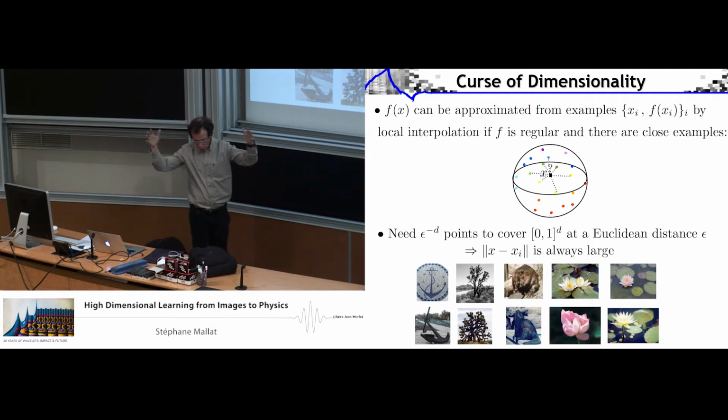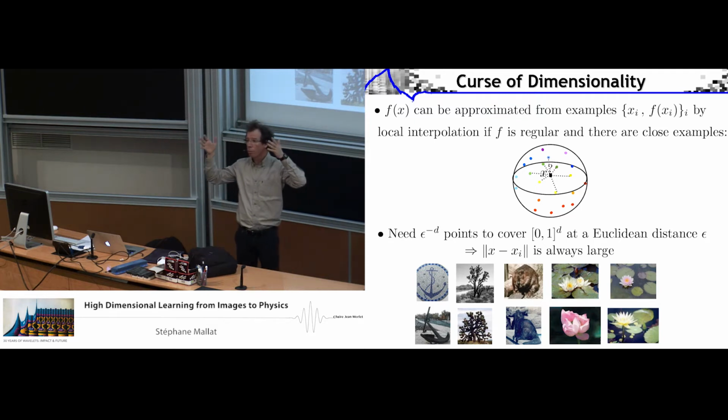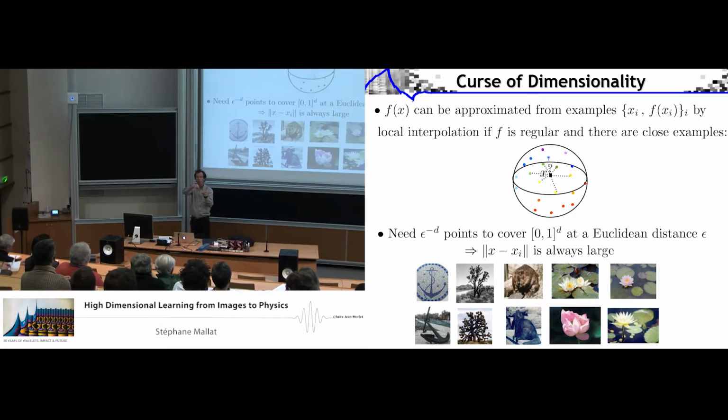Why? Because if you just take a cube, [0,1] to the power d, in high dimension, if you want to sample your cube at a distance epsilon, obviously the number of points that you will need will be proportional,